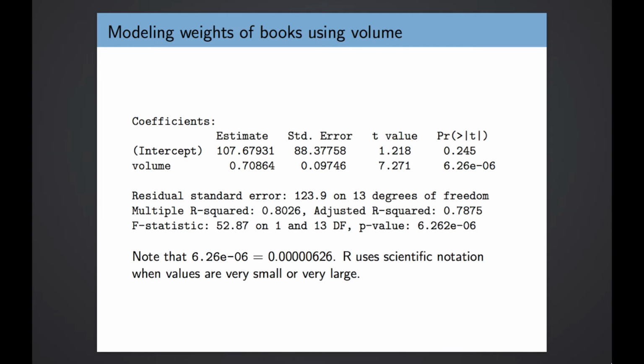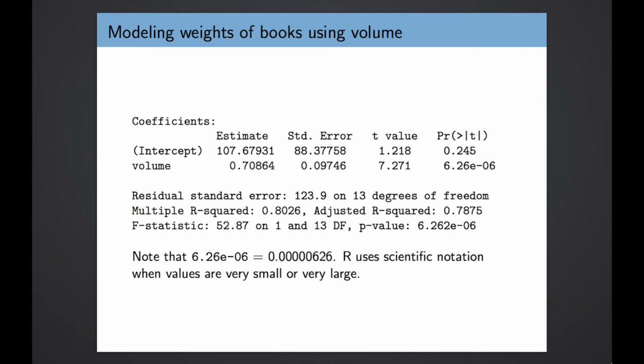R gives us our estimates of the parameters, our beta naught intercept parameter and our beta 1 parameter for volume, as well as standard errors for each of those and t-values, and then the p-values that are associated with those t-statistics. You should notice that the p-value for volume is in scientific notation, 6.26 times 10 to the negative 6, which is equal to